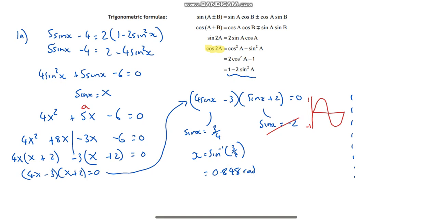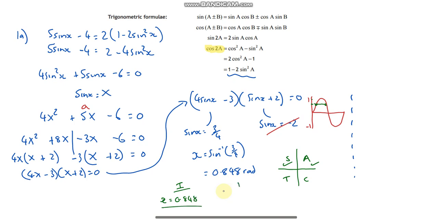And the last thing we need to do here is to say, well, what are my other solutions as well? Because don't forget, we've got our sine graph. If sin x is 3/4, if that's 1, there's 3/4. We're looking for a solution here and a solution over here as well. So that's your CAST diagram. Sine x is positive 3/4, so it's going to be in here and in here. So let's start with the quadrant 1 answer first. Quadrant 1, it was just x, so it's just x equals